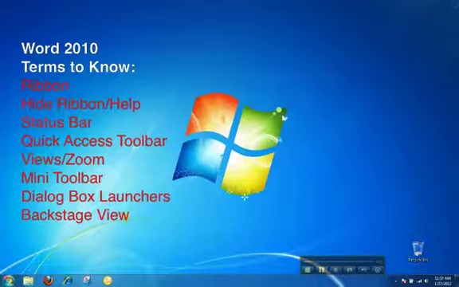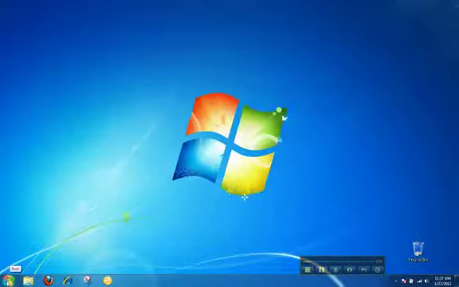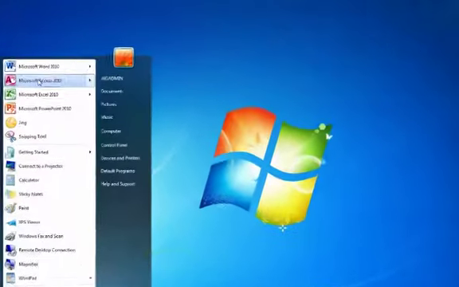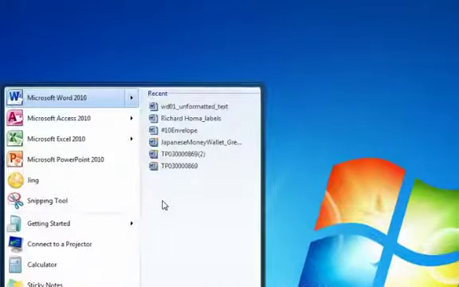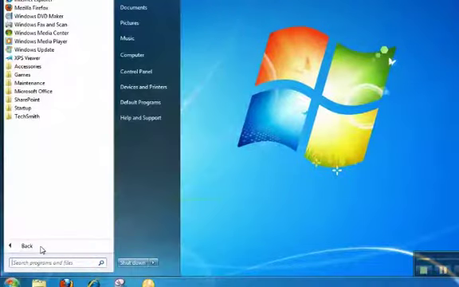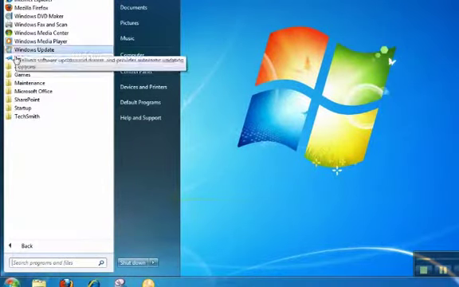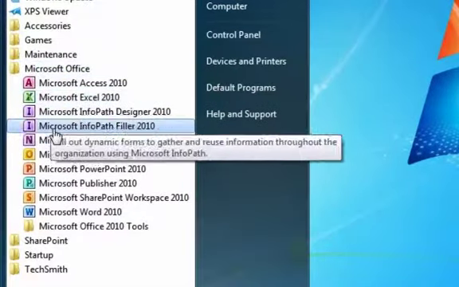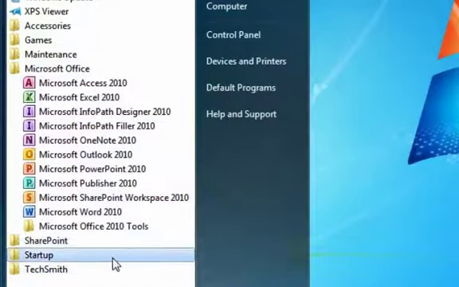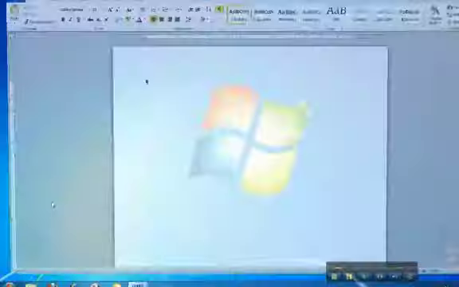I'm going to start Word from my Start button and my Start menu. I have Microsoft Word 2010 up here. Notice some recent files came over. If you didn't see your applications there, you could go to All Programs and look for your programs there. It's actually in a folder called Microsoft Office. I could go down here, find Microsoft Word 2010 and click on that, and that would launch the